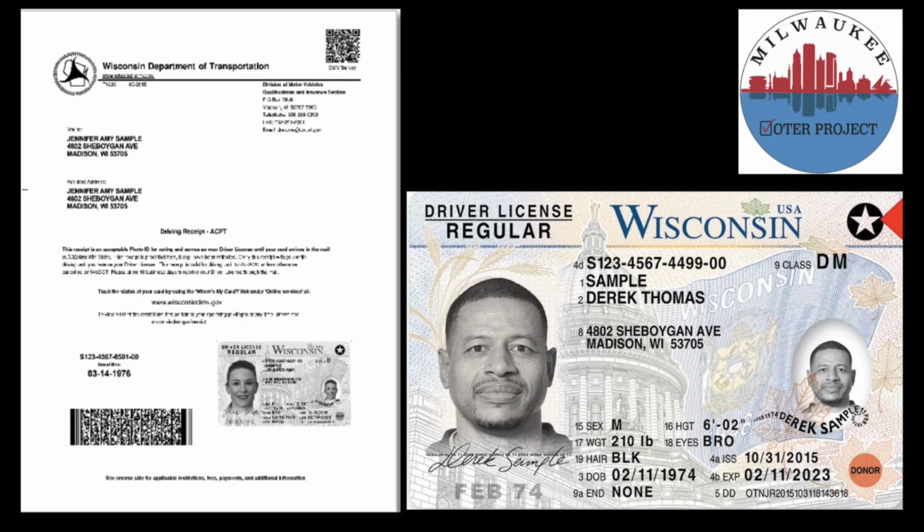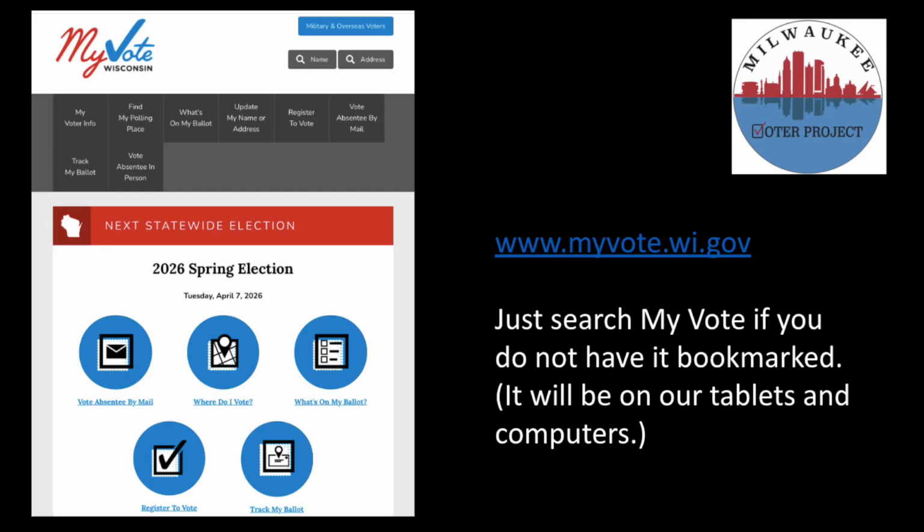Okay, now let's get started with the registration process. We use MyVote to register all voters. If you go to the website that you see listed in blue on the right-hand side of the slide, you will see the screen on the left side of this slide pop up on your device. As you can see, there are a wide range of functions related to voting that you can access on this site. We are going to focus on registering voters in this video. Videos on how to use the other functions can be found on our website at